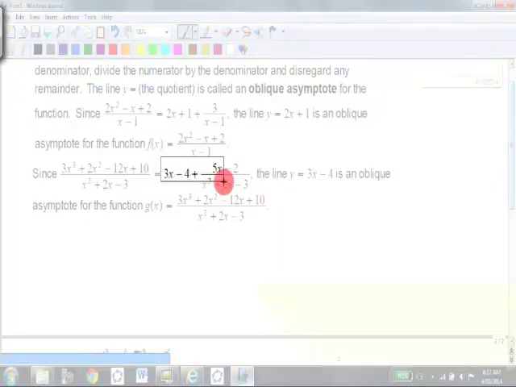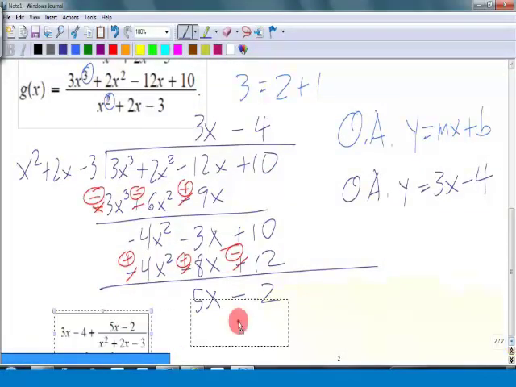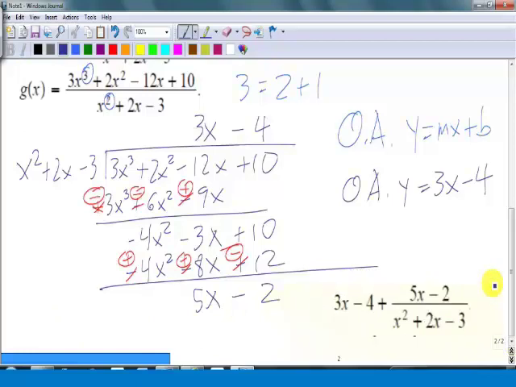It is. So we've actually rewritten, or it's actually possible to rewrite the rational expression as 3x minus 4 plus the remainder over the divisor. And all you need for the oblique asymptote is this right here. But if you're just wondering why it approaches a straight line, you just have to think what happens for